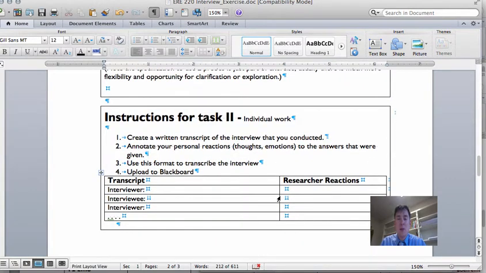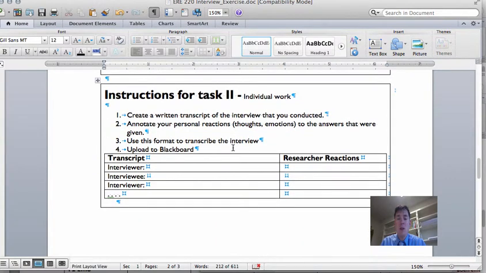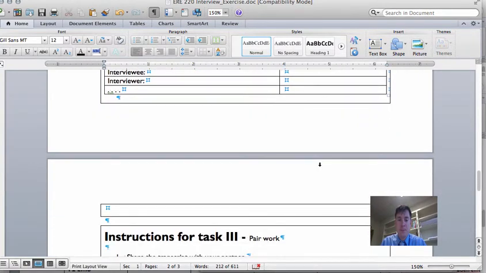The second task is to transcribe the interview, and note that you're not only going to transcribe the interview, interviewer and interviewee, and go back and forth, but you're also going to note your personal reactions to the interview, right? Because it's a qualitative method, this is an important step of the research process. This will help us to be more aware of our biases and will also help us to judge how we interpret certain data